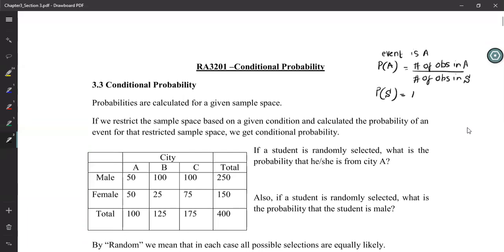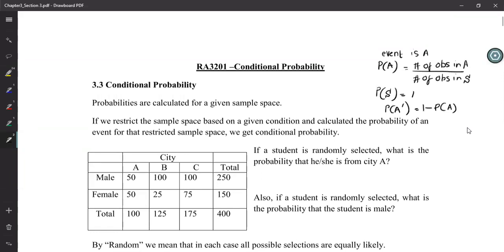Okay, so if in any calculation you end up with a negative probability value or a probability value which is greater than 1, that means your calculation is wrong. Somewhere you have made a mistake, so you have to double check it. So the probability of a certain event is always between 0 and 1. And how do you find the probability of a complement? Complement is not A, that means everything in S but not in A. So you find it by 1 minus P(A). So these are a few of the things we learned last time.